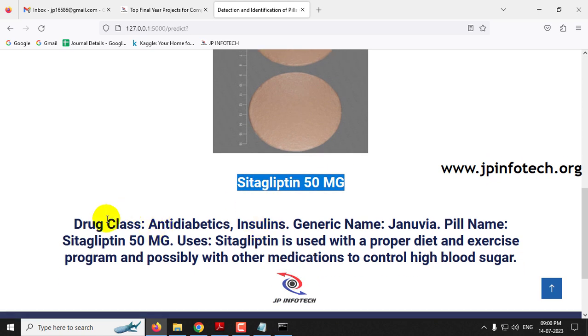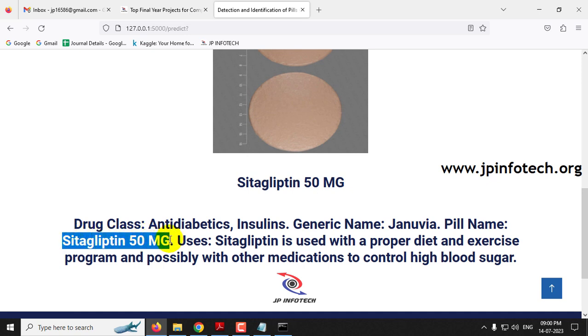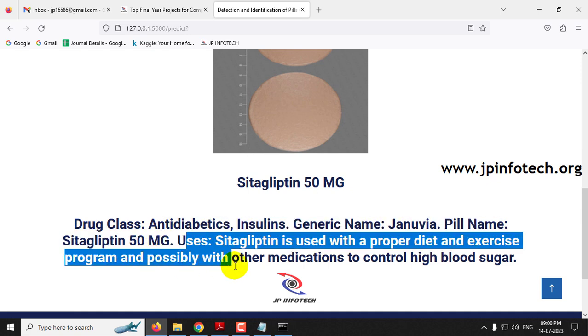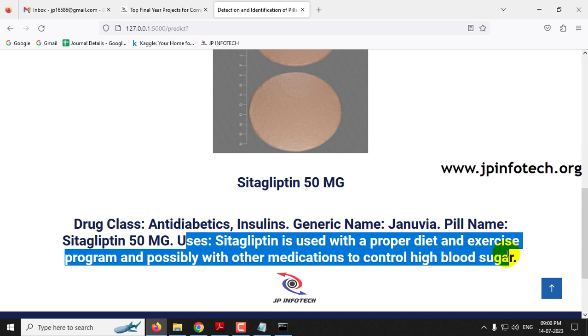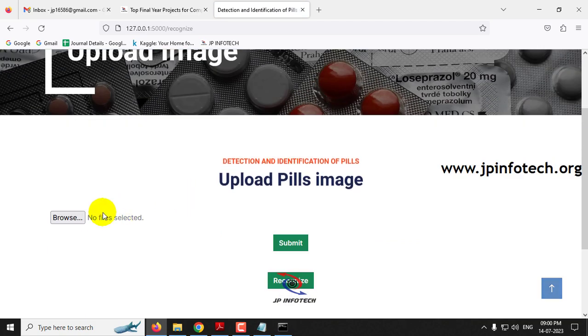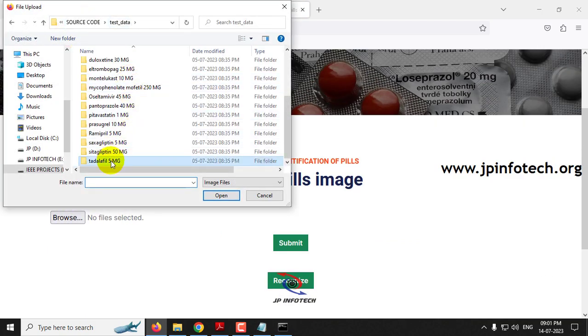The drug class is anti-diabetics, generic name is Januvia, pill name is sitagliptin 50 mg. Sitagliptin is used with the proper diet and exercise program and possibly with other medication to control high blood sugar. So finally I will show you the last case of